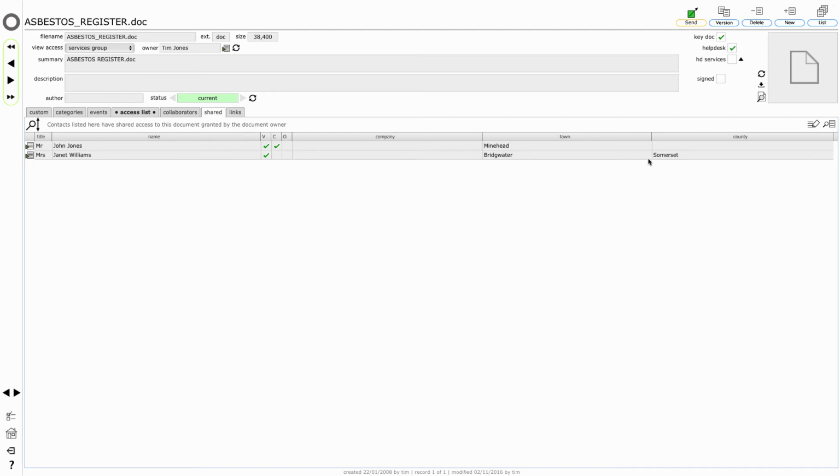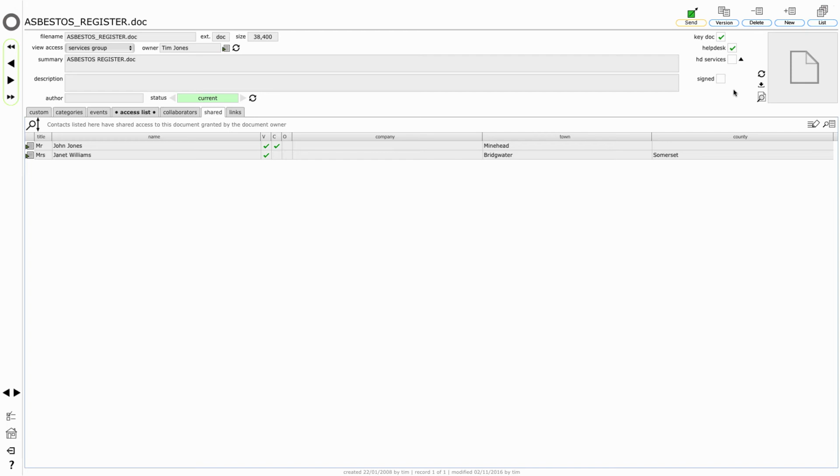Now let's move across here to the key document setups here on the document record, because this is a really important part of the whole collaboration and sharing of information that goes on, much of it automatically in Flow360 as incoming issues are logged on the system and works instructions and orders are sent off-site and responded to by contractors or service providers. The key doc setting flag basically indicates that this document is important information that will automatically be attached to outgoing works orders that relate to individual resources or parts of the site that this asbestos register document